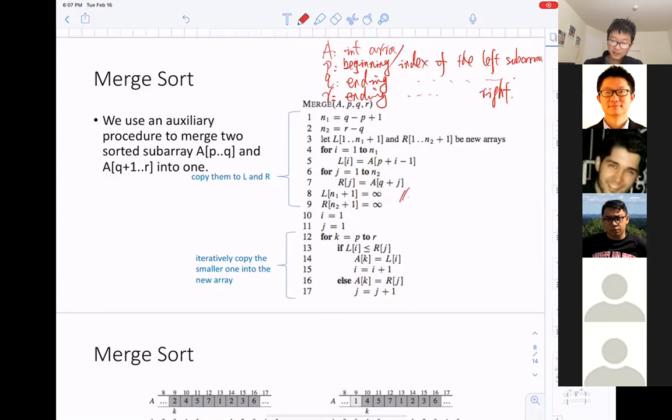This means infinity, the largest value that you can imagine. Then we have i equals 1, j equals 1, and then a for loop, if and else. Everything seems very straightforward. From the coding side, there is nothing super difficult.